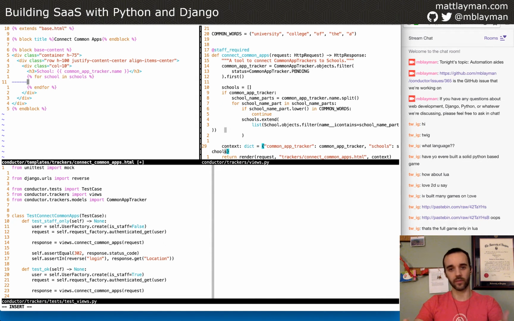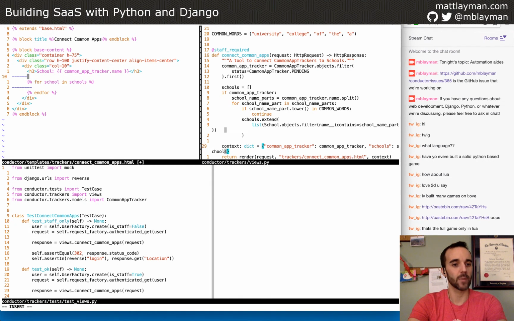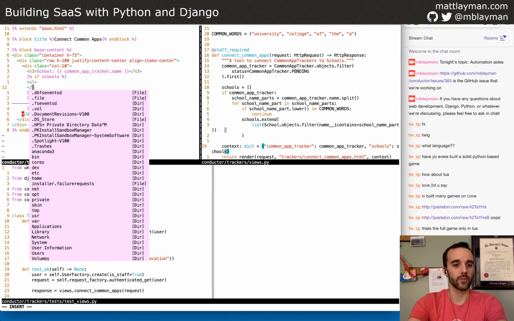If you're not very familiar with template languages, it gives you a way to dynamically create HTML pages. And for now, we'll say, how about this? Let's first do if schools, because we don't want to display anything if that's not the case. And then we'll say an unordered list is what we're going for.